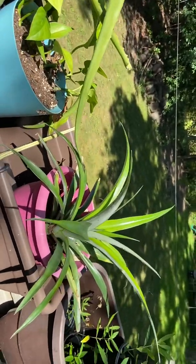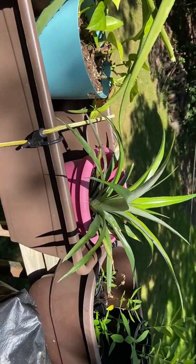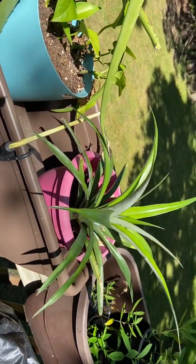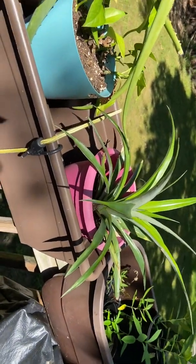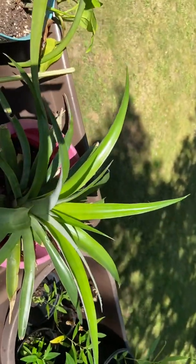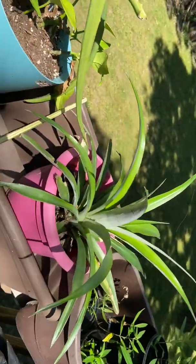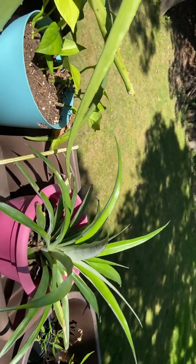This is a pineapple. Now, I don't know if you've ever seen this trick online where you cut the top of your pineapple off and you put it in a pot and it grows. And this is that trick. I did this, I think, a couple years ago, or maybe just last year. It's hard to remember these days, but I did this. This pineapple is growing and it's happy. And I don't know what happens next, but anyway, I have a pineapple that I got for free with the